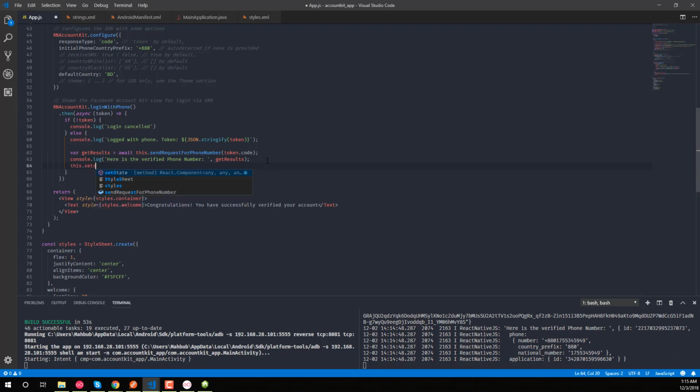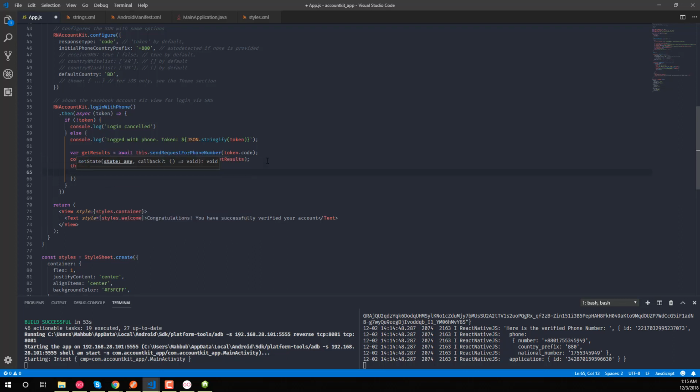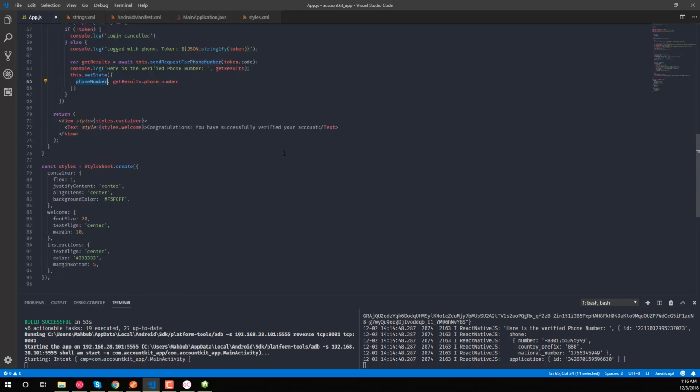Now the setting is initiated, and on the next step, what we will do is set state to the phone number, and then we have to count on something like that. The result, the phone, then number. This should work. So it is phone number. Okay. So when we have the numbers,